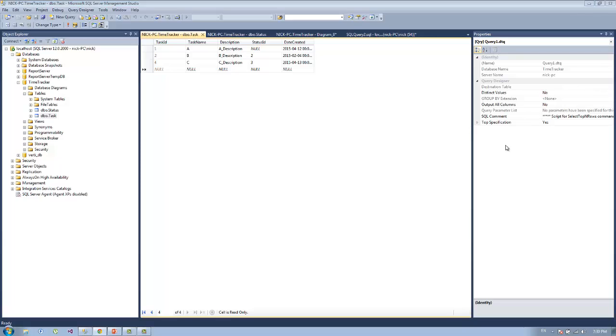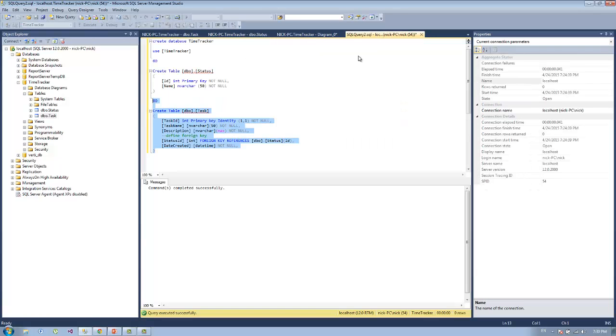Okay, I hope you guys are enjoying these lessons, and I just showed you the quick background of how to create tables using the designer mode, and how to create tables using query mode. So this is the query that you have to use for creating the tables. If you already have the database, you can use your database, and then you create the first table, the primary table, and then you create the child table, which has the foreign key relationship between status and task. This is a really quick